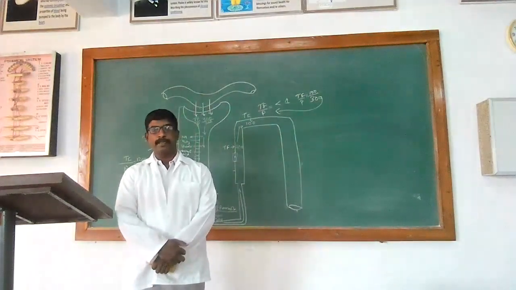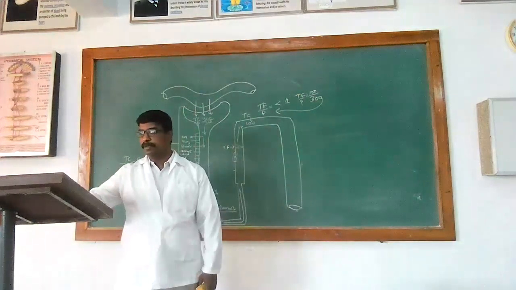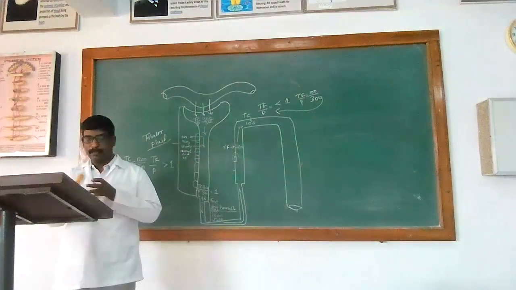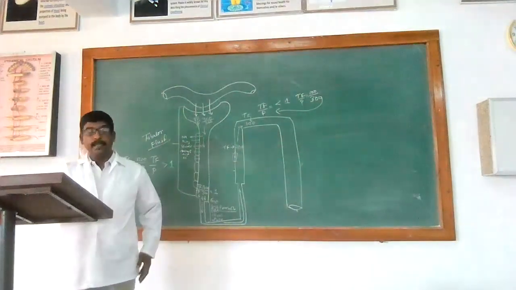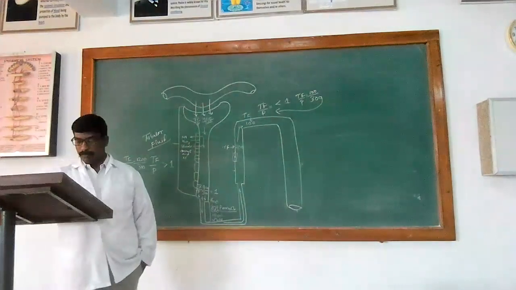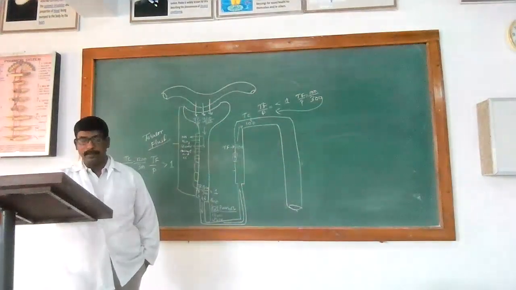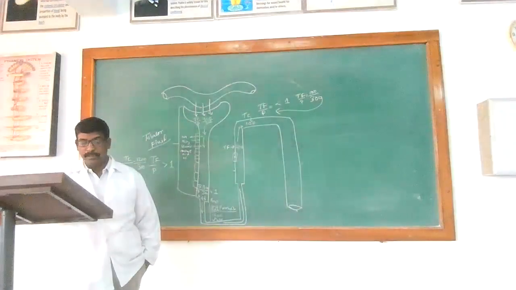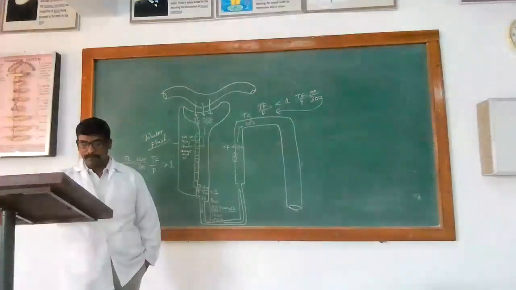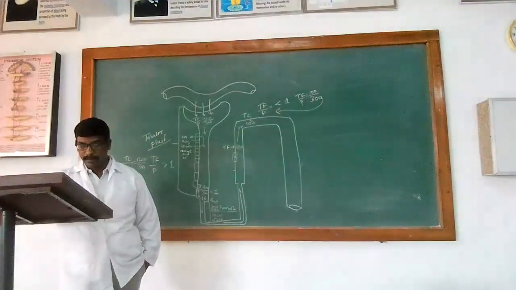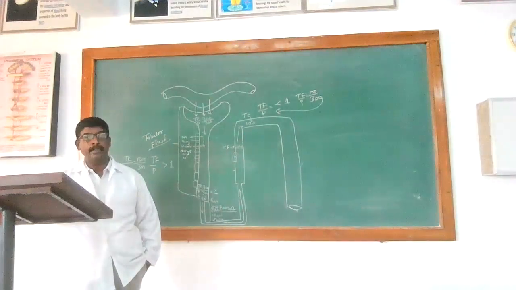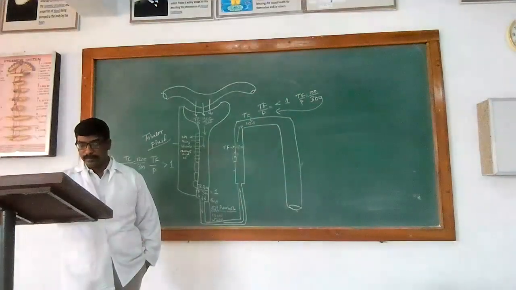So in the last lecture, we discussed urine concentration and dilution. In that, we saw the role of aldosterone and the role of ADH and its action on the P cells of the nephron. After that, we also saw the countercurrent mechanism. We discussed the vasa recta as a countercurrent exchanger.